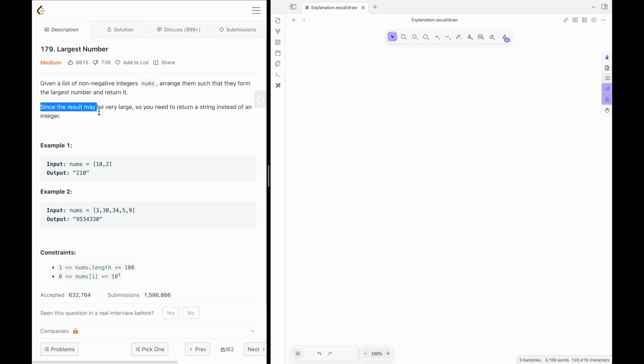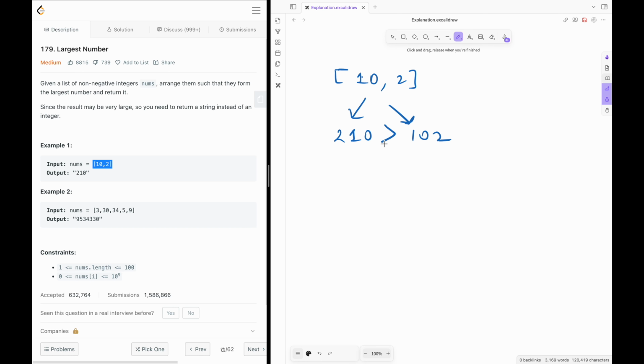Since the return value may be large, we want to return a string instead of an integer. If we have the numbers 10 and 2, we can make two strings: 210 and 102, and out of these two we want the bigger one, 210. Okay, so